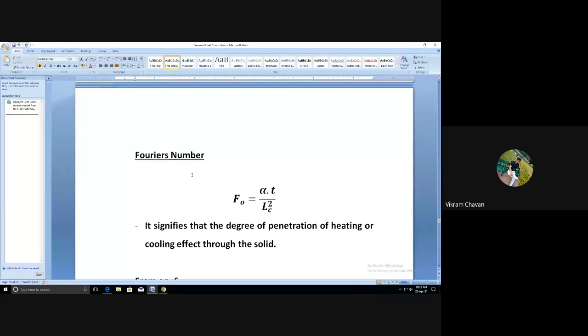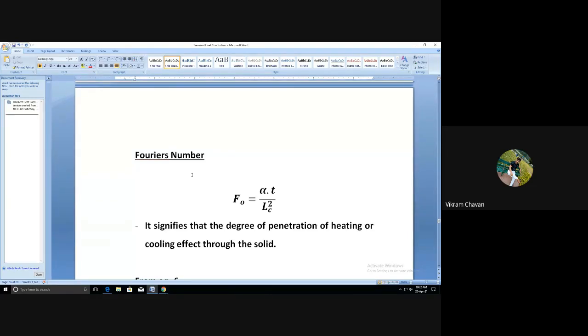किती फास्ट हीट पसरते, कितने फास्ट हीट बॉडी में डिफ्यूज होती है, वो क्या रिप्रेजेंट करता है? अल्फा रिप्रेजेंट करता है. सो F naught is representing the degree of penetration of heating or cooling effect through the